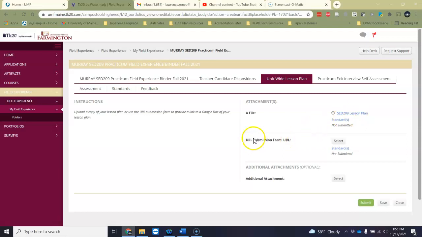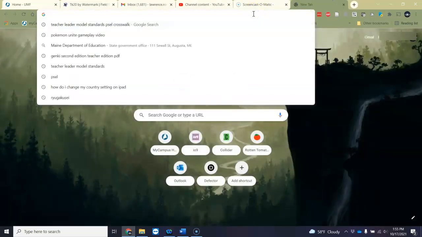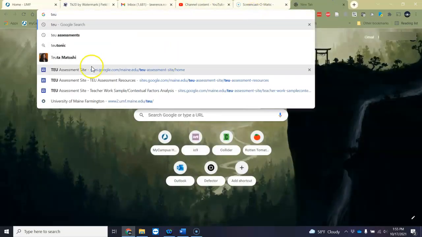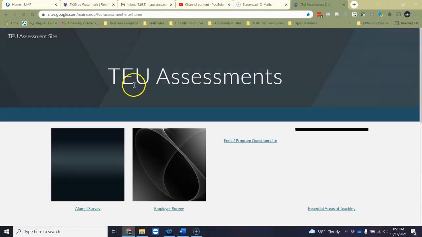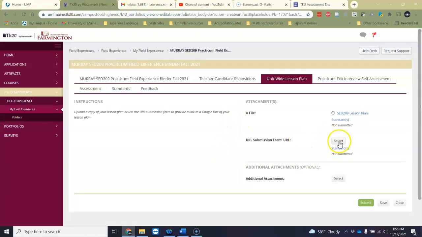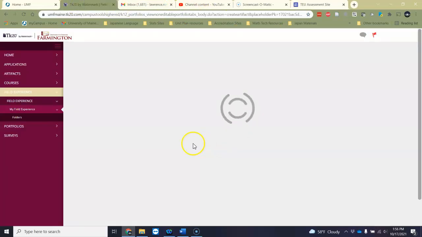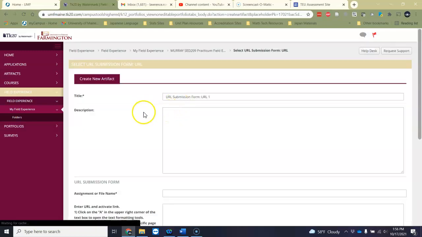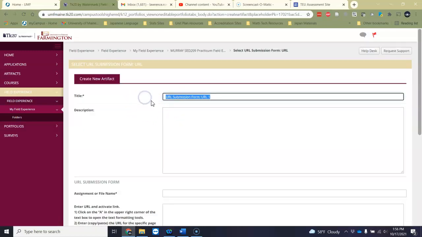The other thing that I can upload is a URL. So suppose you have some sort of Google site or some sort of website that you've made that you want to upload into Tk20. So I'll click Select here. And this is a little bit more involved, but there are instructions that will help guide you along the way as well. And while we wait for this to load, again, I'm going to give it a name,